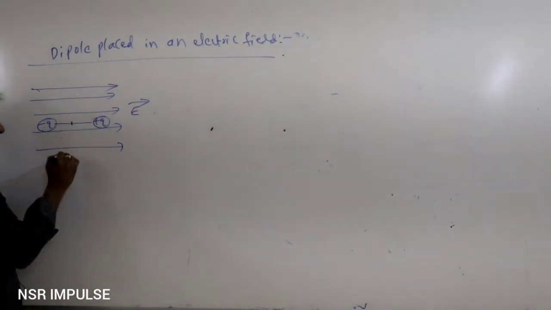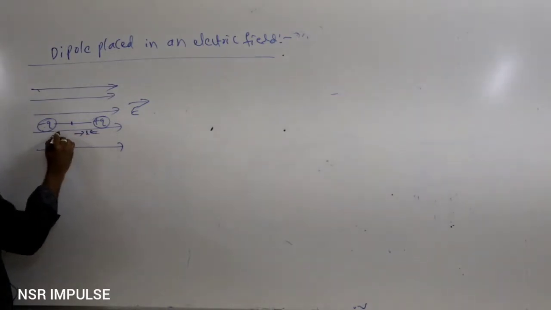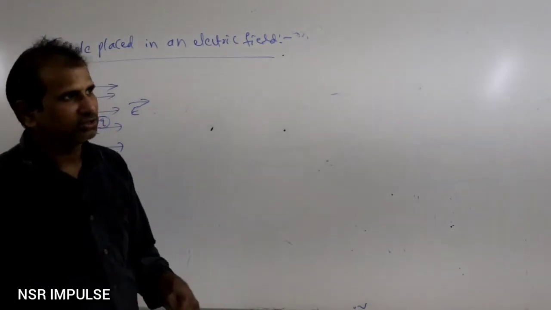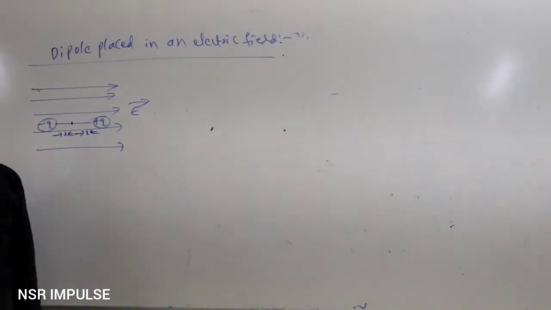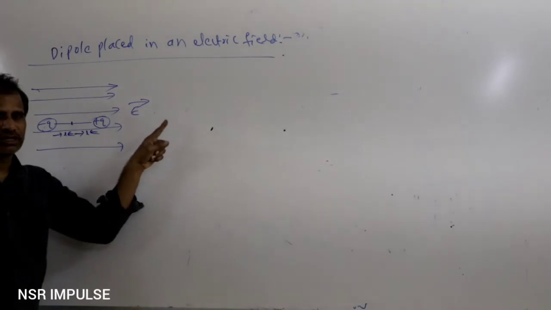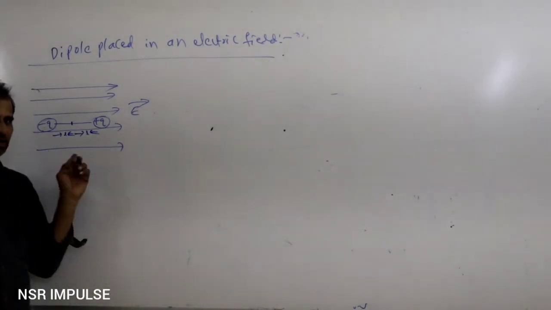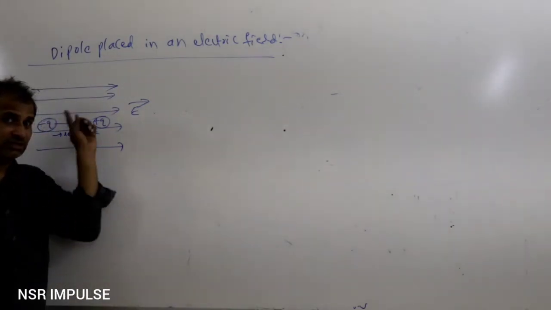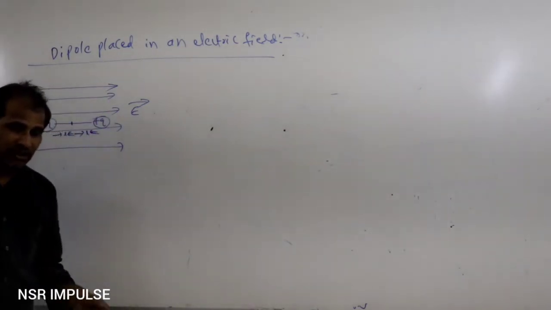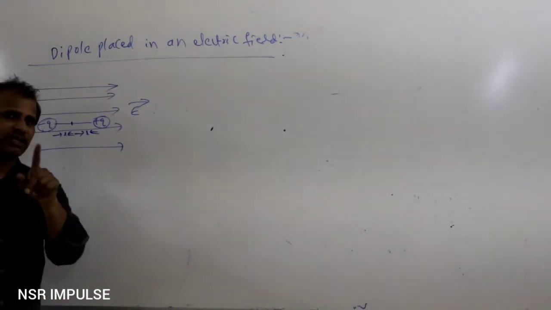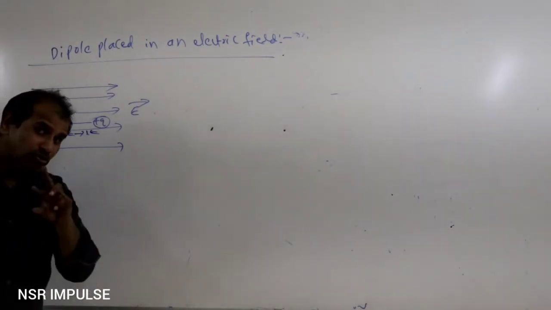This is of course the midpoint. You can consider this is L and this is L. Dipole moment will be from negative charge to positive charge. It is in the direction of electric field. Earlier I told you while explaining about positive charge nature, positive charge feels the force in the direction of electric field. Negative charge feels a force in the opposite direction of electric field. See, this is already the electric field existing. In that existing electric field of intensity E, we have placed a dipole, means two charges.